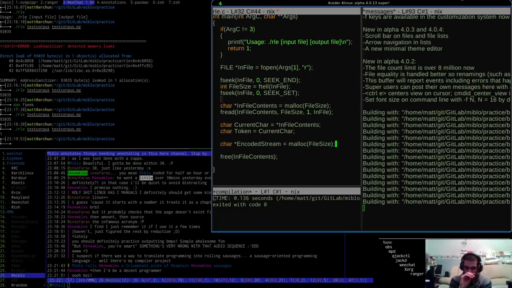Okay, so this is now where I start to move stuff into my encoded stream. So token is equal to current char. I then need to say, hang on a second, I also need a pointer, don't I? Well, I'll tell you what, let's just see what happens here. Encoded stream is going to be equal to token.